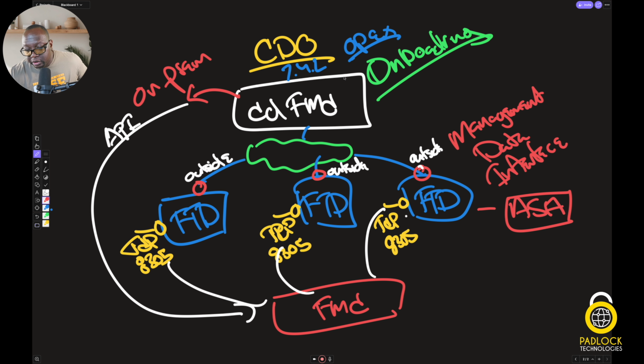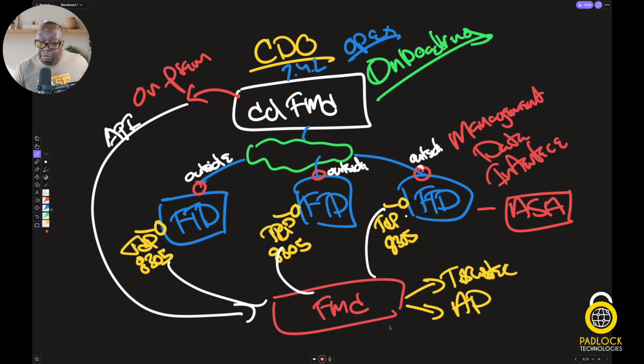The logging on an on-prem FMC is a lot better than the CDFMC. Now, it really depends. If you're just going to look at everything in the FMC, they're pretty much the same. The advanced features like TrustSec, SGTs and stuff like that, TrustSec or AD integration is better on the on-prem, because with the FMC, they